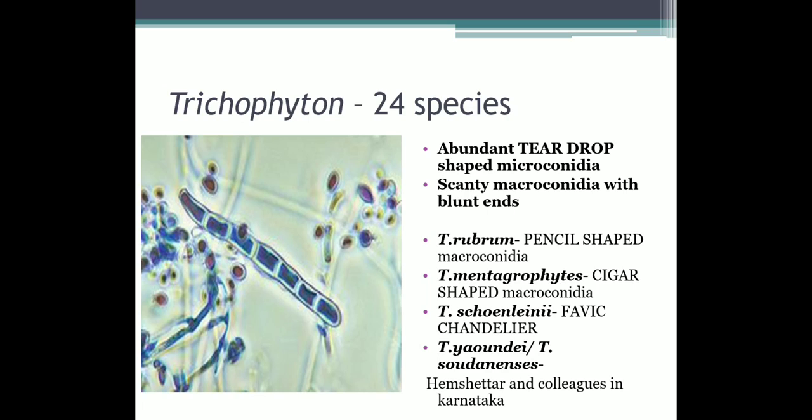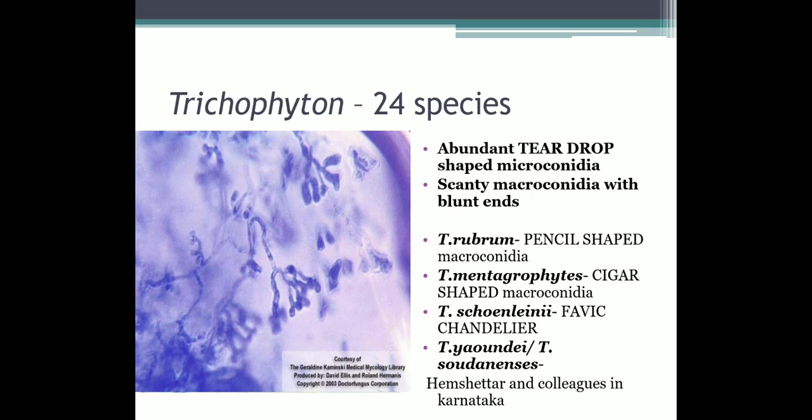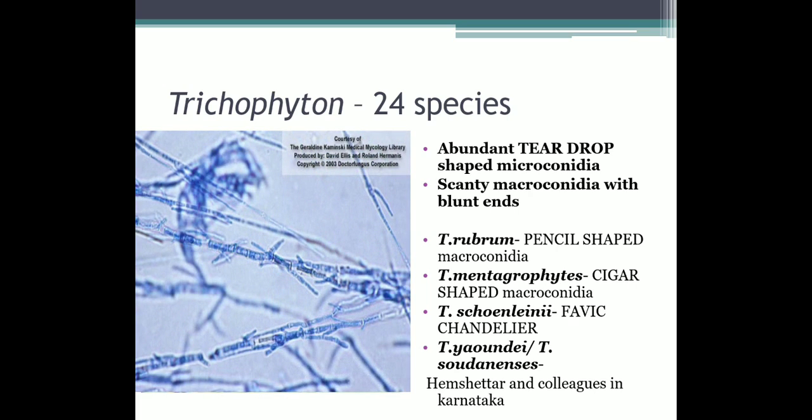There are several species of Trichophyton, but for your primary understanding, we need to remember a few very important species. Trichophyton rubrum is so called because it produces a red pigment on Sabouraud's dextrose agar. It produces pencil-shaped macroconidia. The picture that you see here is of Trichophyton mentagrophytes, which gives cigar-shaped macroconidia. Trichophyton schoenleinii will have a favic chandelier appearance, and Trichophyton yaoundei or soudanense I mentioned only because of the fact